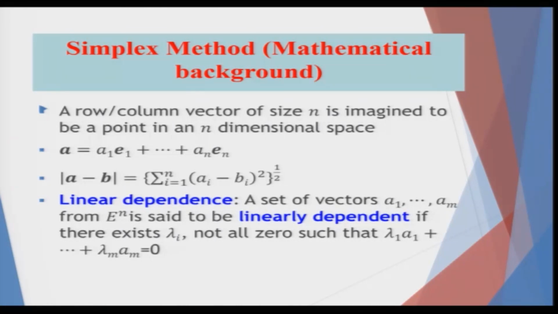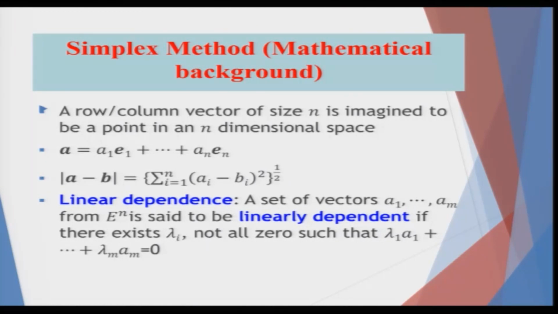Having said that, we will go slowly to understand the concept of linear dependence as it is required, and why linear dependence is important, you will find out as we slowly go into solving the problems. So, linear dependence concerns a set of vectors A1 to Am, defined using combinations of the unit vectors E1 to En from the space of n dimensions. Remember that the sizes of m and n are different. That will come up later on.